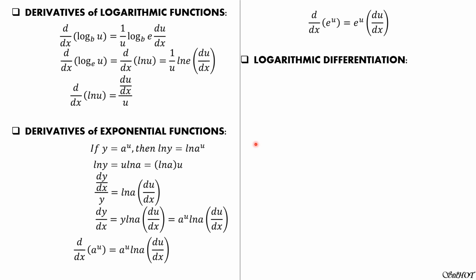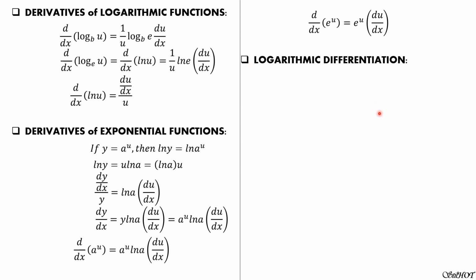Because the derivative of ln is simple, take note, the derivative of ln function is simple. So if we encounter exponential functions wherein the base is a variable and the exponent is also a variable, like y is u to the v, then we use logarithmic differentiation, derivatives of logarithm, to differentiate the function. It is not only limited to exponential functions. We can also use other functions, algebraic, logarithmic, trigonometric functions, to apply this logarithmic differentiation technique.